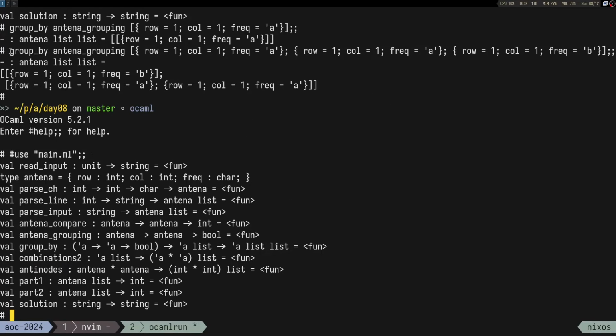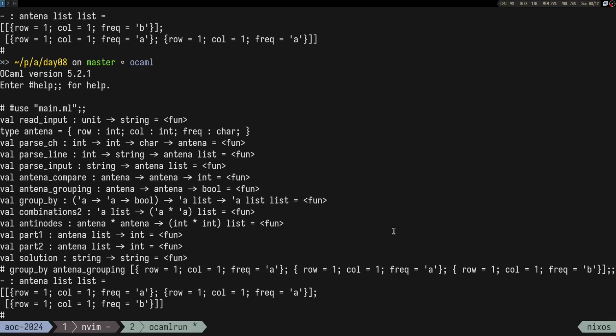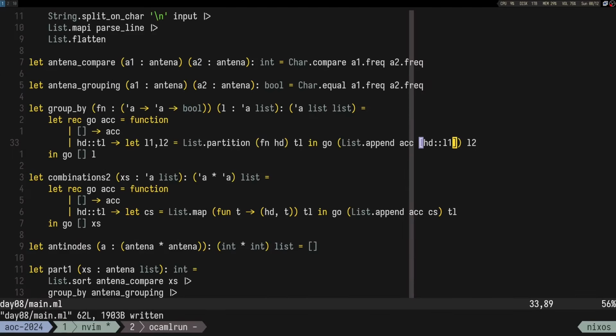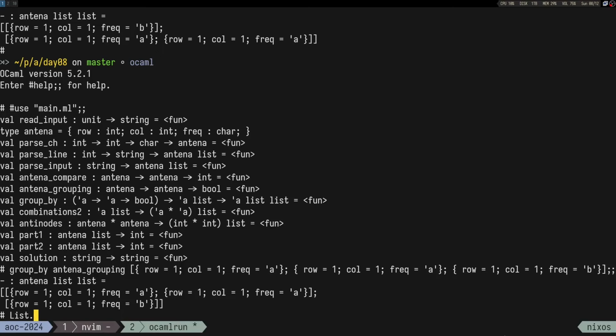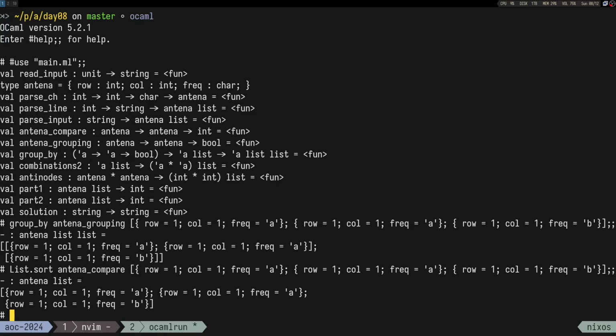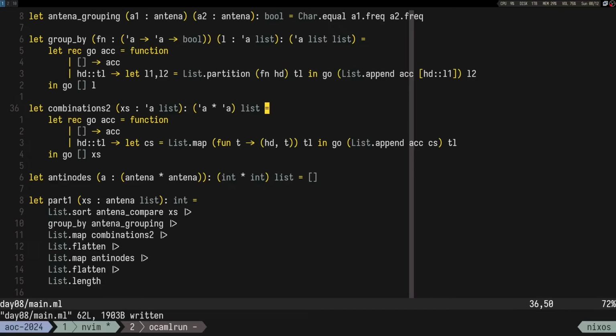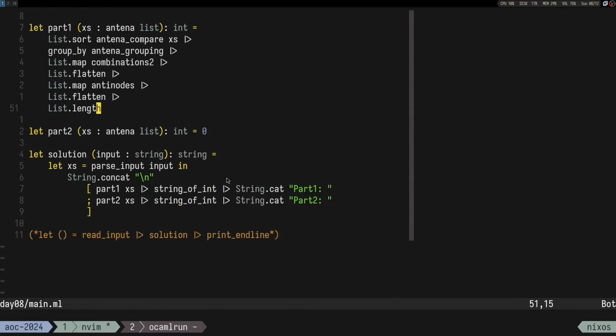Right, and if I try this one again, it should be ordered. Nice. And what if I try to sort these ones? So sort was List.sort antenna compare. It should be the same thing because it's sorted. Yeah, already sorted. So stuff works. We just need to implement the antinodes thingy and